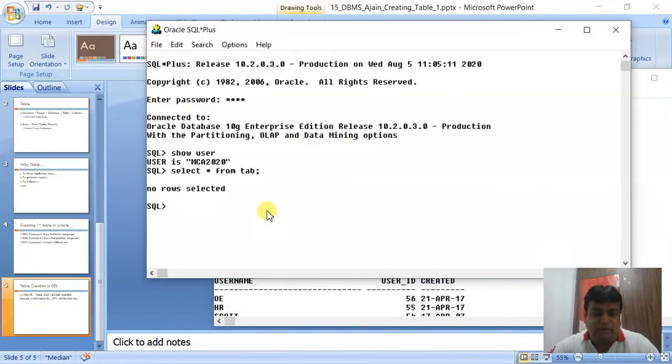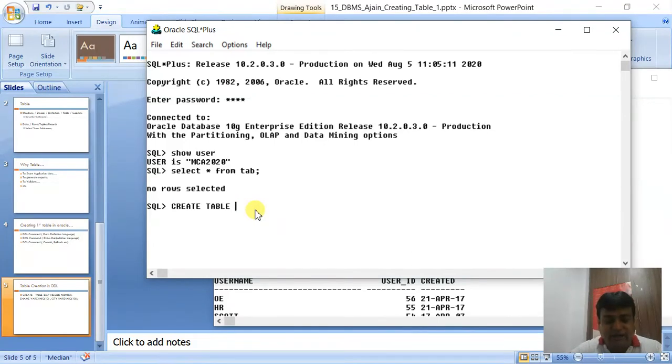Now we will create the table. So what was the syntax? Please note it down very carefully. It is very easy. Create table. Anything starting with create is called DDL. Let us create a simple table. Let us create student. Create table student. Bracket. Although it is not necessary to give it in capitals, right now I am giving it so that it is more visible. Roll number.